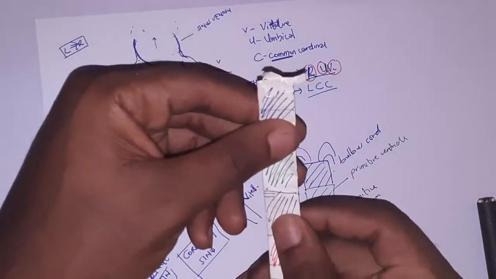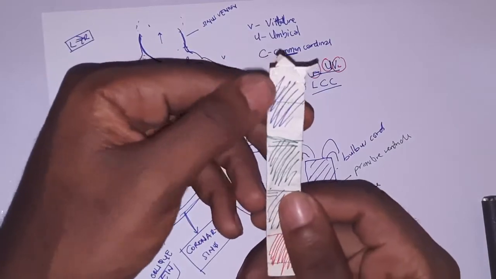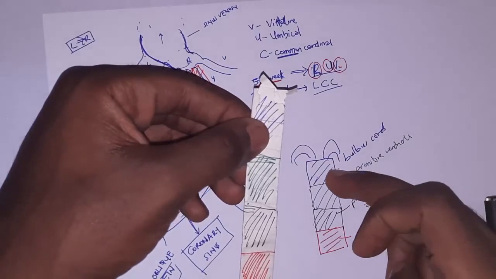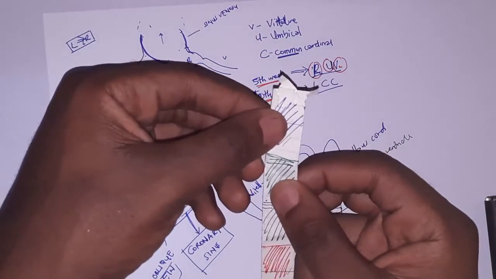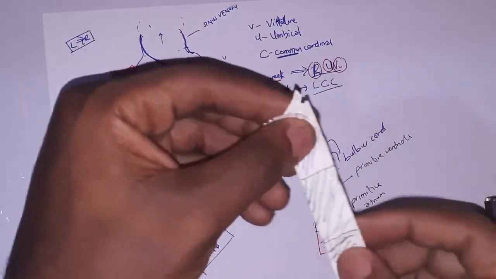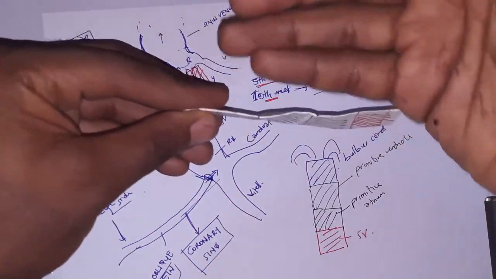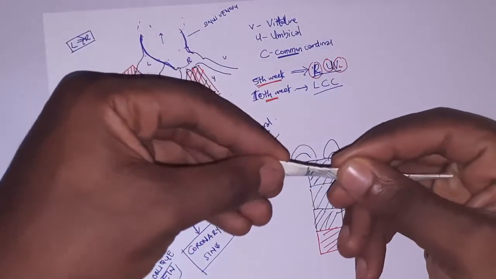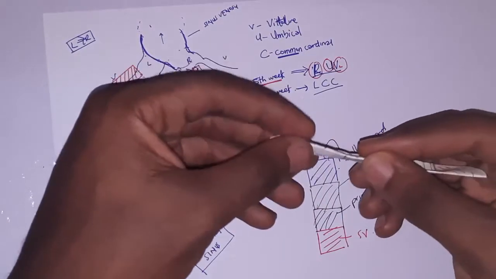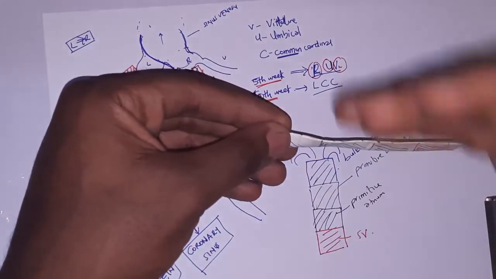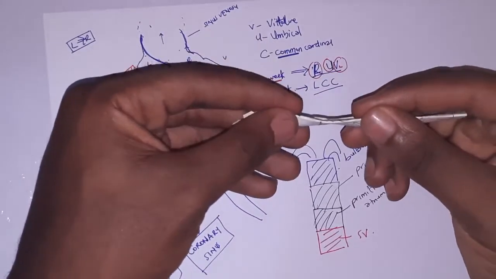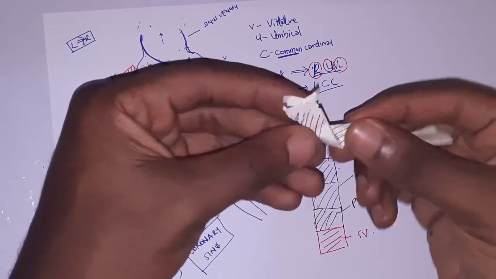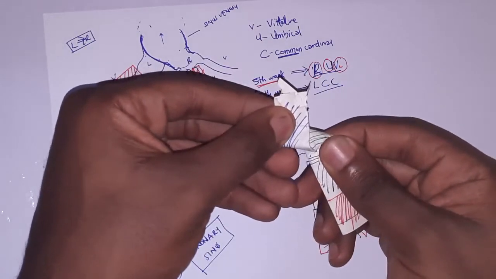Now, how does the heart loop? Remember I mentioned that the heart loops. You see, this bulbus cordis, this part here, alongside the part of the primitive ventricle, is going to go down. Remember, the heart is being suspended this way. Imagine this is the ventral surface, this is the dorsal surface. So this one actually goes down ventrally. It goes down this way,